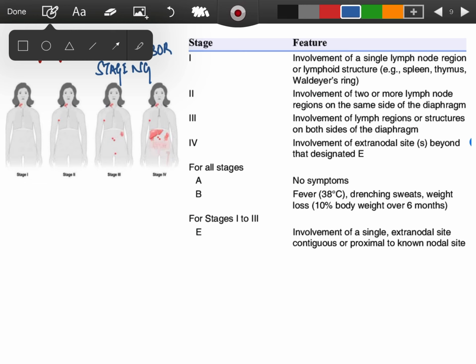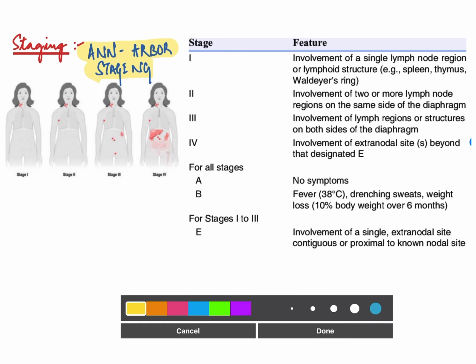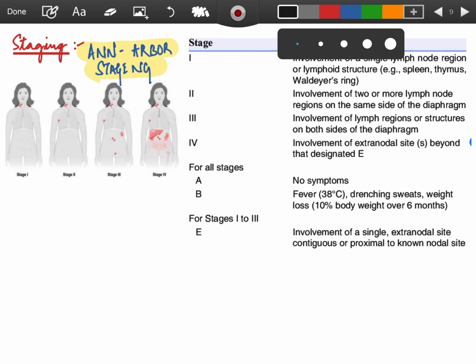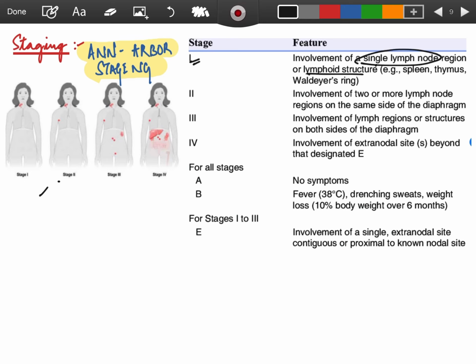In this, particularly, we have four basic stages. In the first stage, as you can see in the picture, there's involvement of a single lymph node or lymphoid structure, just a single one. In the second, we have involvement of two or more, but on the same side of the diaphragm. So correlate with the picture. In the third, we have involvement on both sides of the diaphragm,